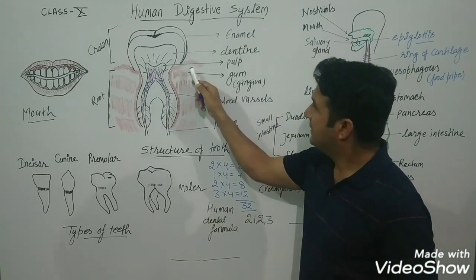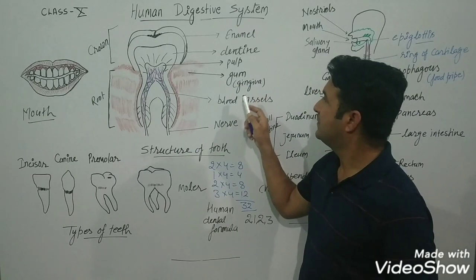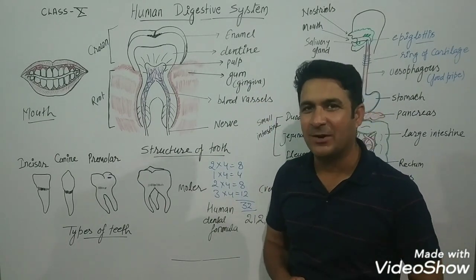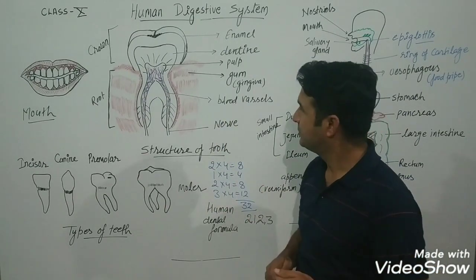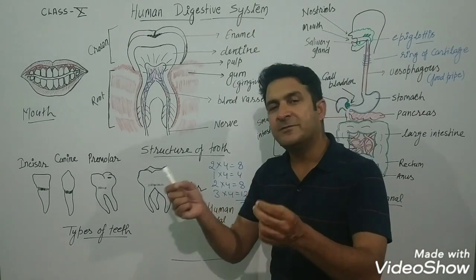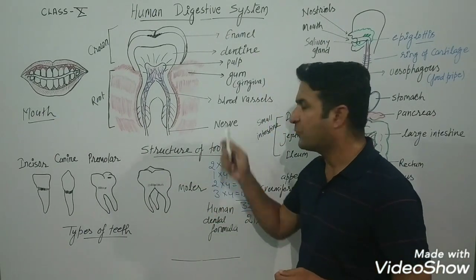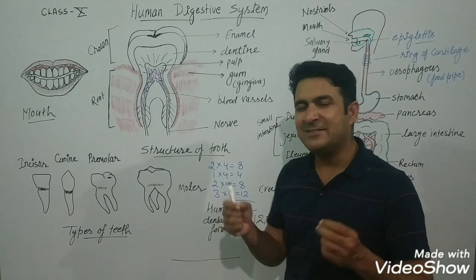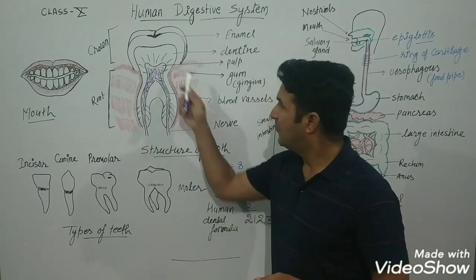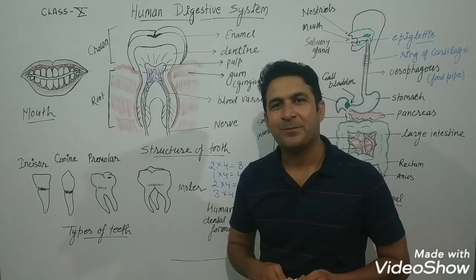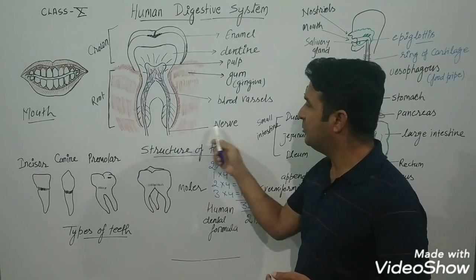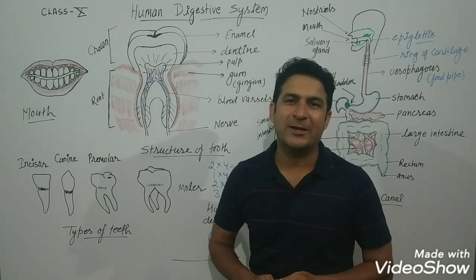This red line area is gum, which is called gingiva. In biology this is called gingiva and normally this is called gum. At the last down area some nerves are there, coming from the nervous system. These nerves provide information to our brain from this teeth area. Got it now? So whatever changes come here reach the brain through this nerve area.